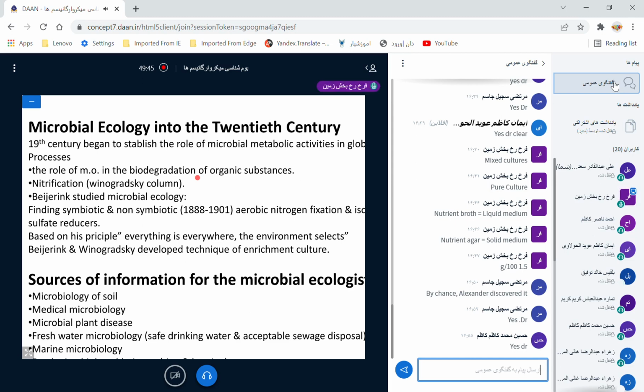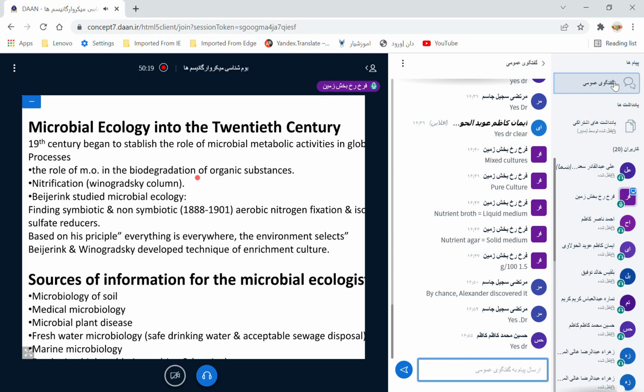If there are good microbes in the river, if there are good microbes in the soil, you should know them. How can you know them? By microbial ecology. So microbial ecology is the first step before biotechnology. When you understand which microbes can produce antibiotics, you make a factory and you produce antibiotics from it. So it is microbiology.